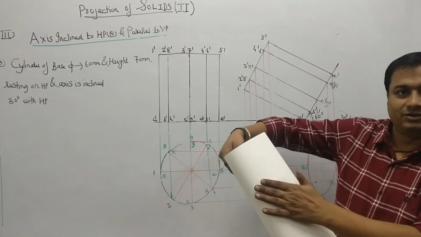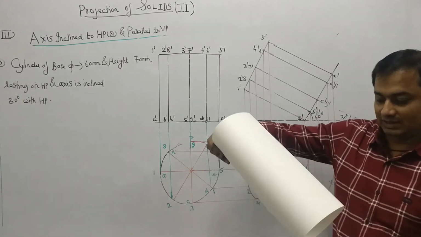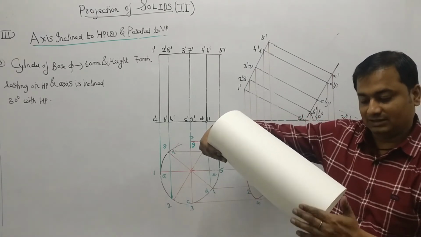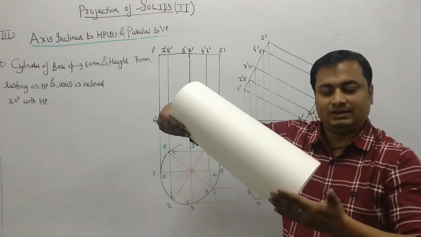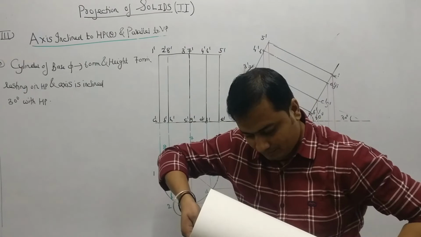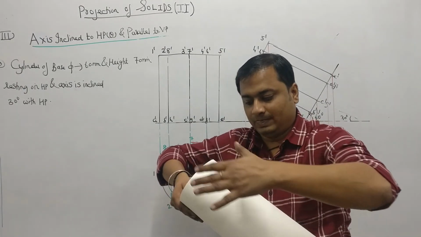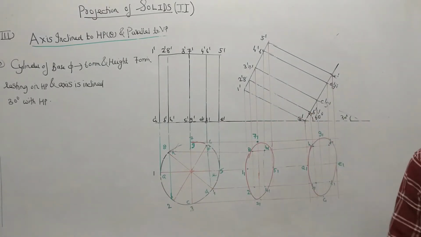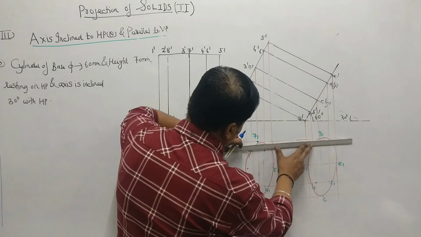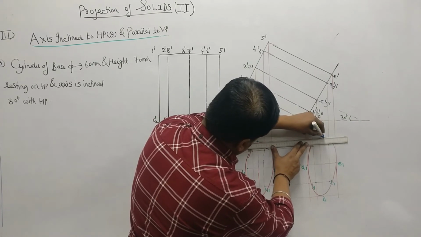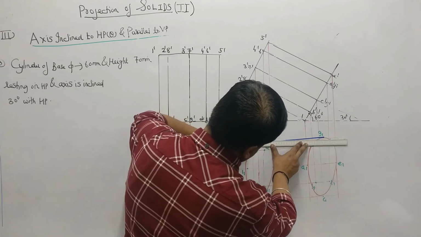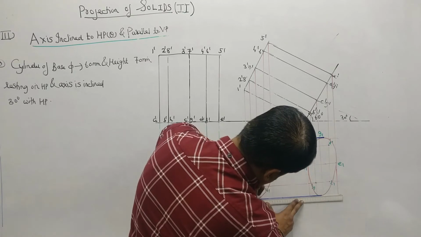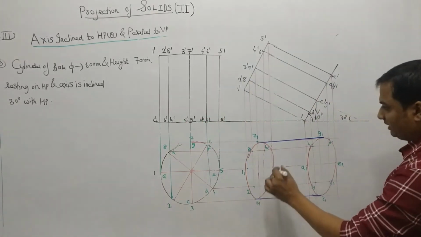You will not be able to see anything else. You will be getting only these 2 generator lines, and the bottom part inside the 2 tangents, the curved part, will not be visible from the top. When you see from the top, I will be seeing this one and 2 tangents, and this part is not visible. So what you have to do is, you have to join both the ellipses by means of tangents, in this way. You have to draw both the ellipses joined by means of these 2 tangents.